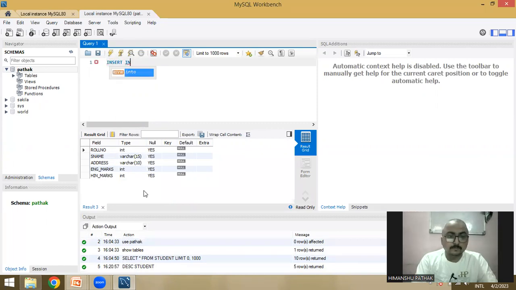into table name is student, then values. And after that, you have to supply, first of all, roll number. Roll number is of integer type. Then